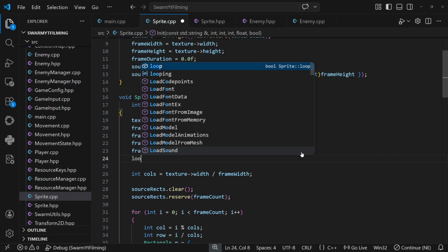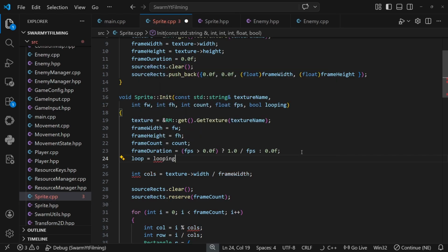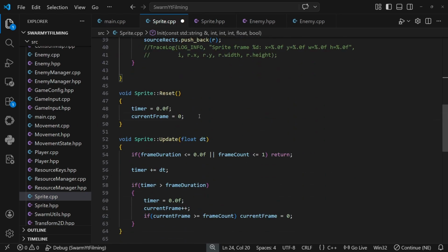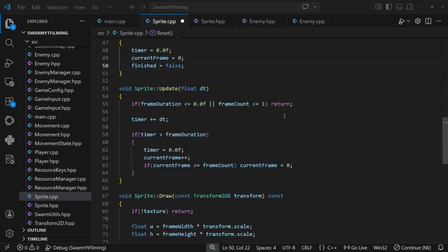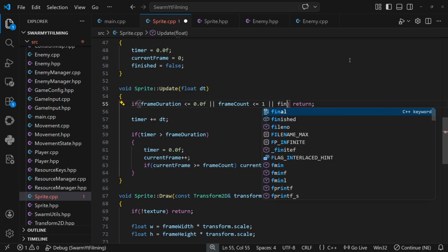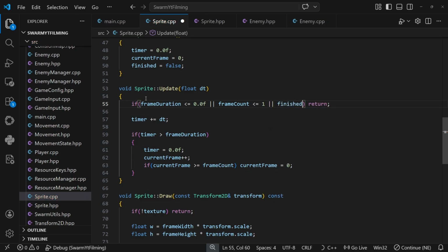So inside here then we can set the loop to be equal to looping. And then down in the reset down here, we want to set the finished is equal to false. And now inside the update here, if we're finished, we don't want to play anymore. So we'll say or finished, then we'll just return like with these two here. Otherwise we update our timer. And now if the timer is greater than the frame duration, we set the timer to 0, we increment the